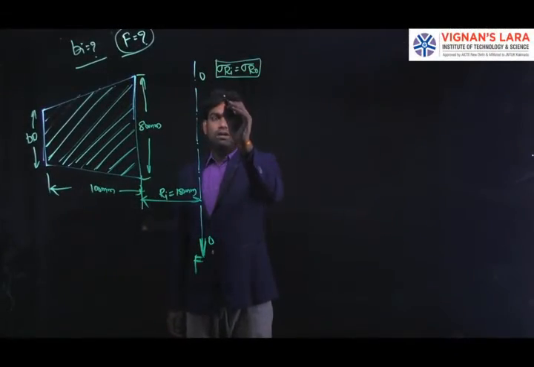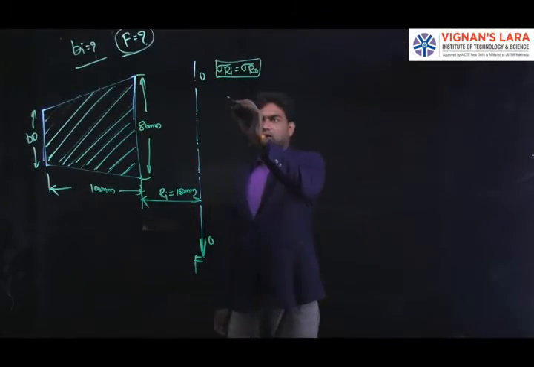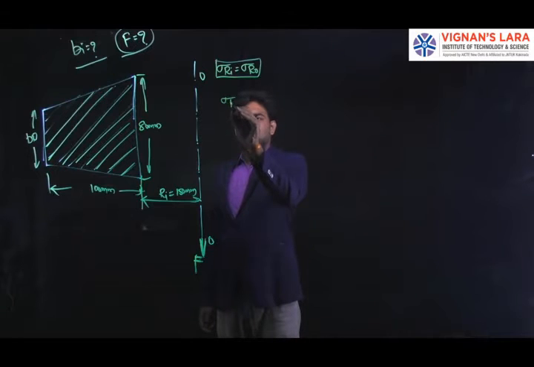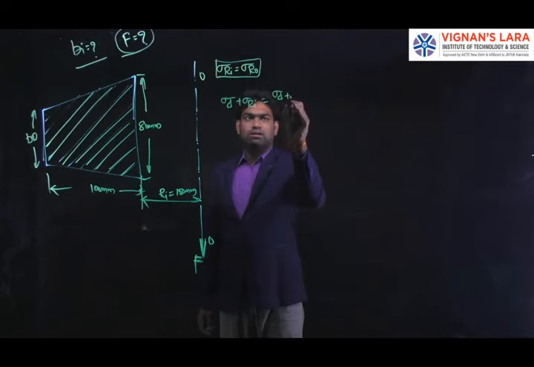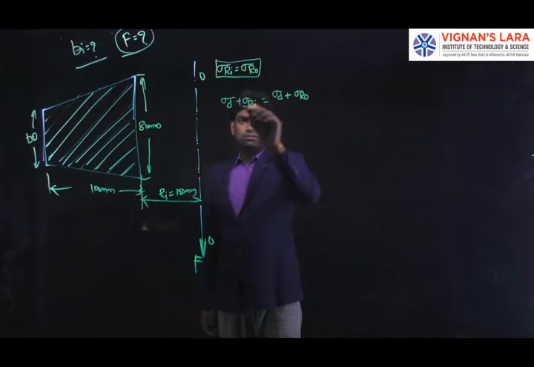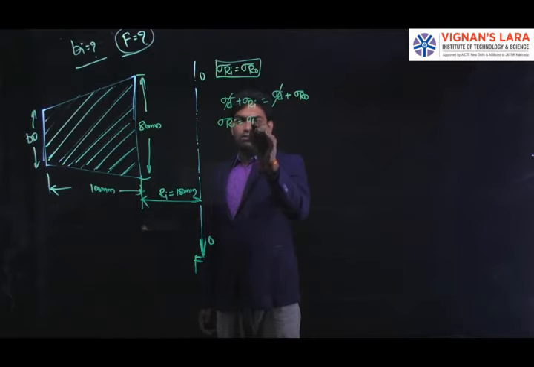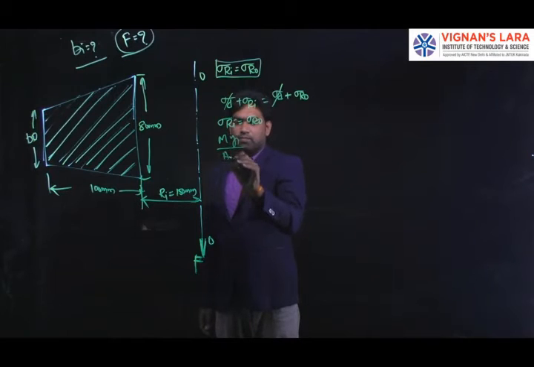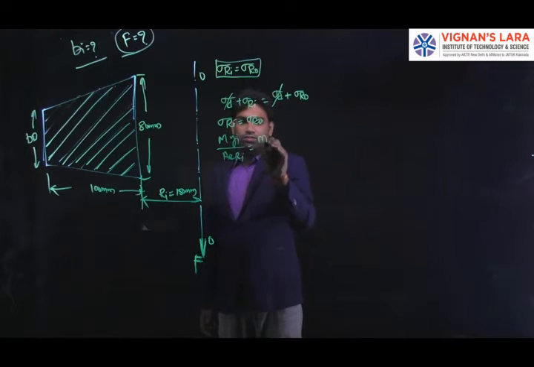So sigma Ri. What is the sigma Ri? How can we write the sigma Ri? That is given by sigma D plus sigma Ri, which can be equated to sigma D plus sigma R naught. So we may get sigma Ri equal to sigma R naught. Clear? So we may get M yi by A into Ri equal to M y naught by A into R naught.